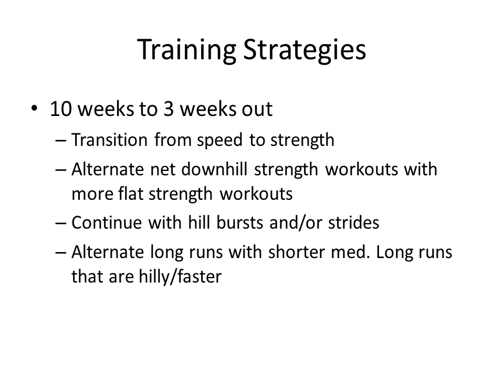Okay, so 10 weeks out to 3 weeks out, you're going to transition from that speed to that strength. So we're going to move away from maybe doing things on the track to longer intervals at a little bit slower. Here's where you can also incorporate